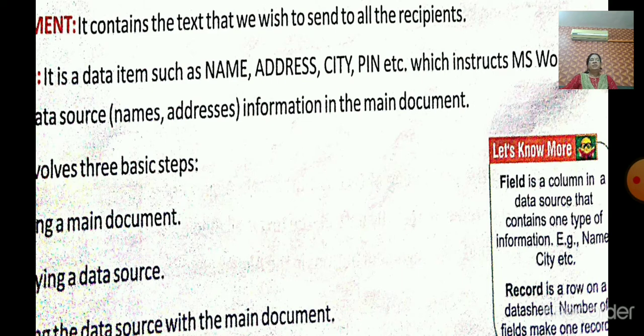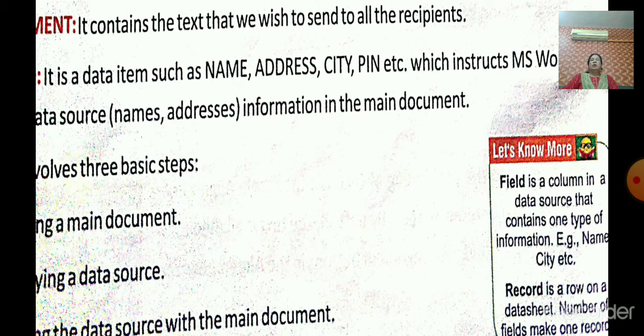So, it saves our time and energy when sending letters to multiple addresses. Suppose you want to send the same information or same content to multiple people, then you will use the mail merge option.